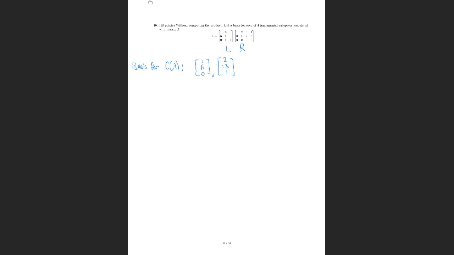All right, so again, the idea is once you see which columns have pivots in the row echelon form, you take those columns, but from the original matrix A to get a basis for the column space. In this case, to find what the first two columns of A were, we just multiply L with the first two columns of R, okay? All right. So next, to get a basis for the row space,